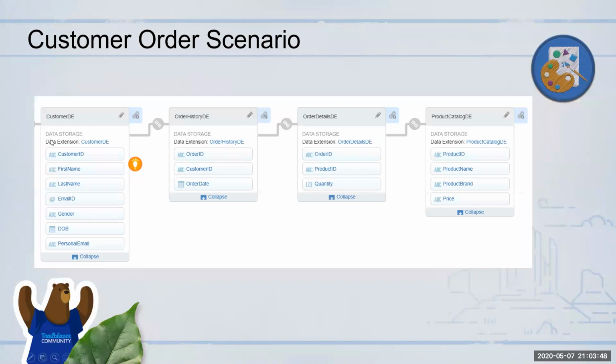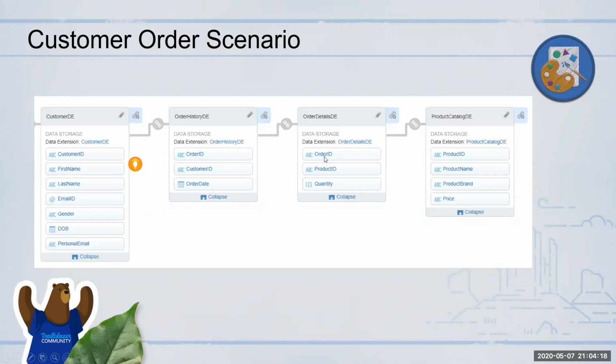I have a customer table that I want with customer information. And then I have an order history table that shows what orders were placed by a particular customer on what order date. And then I have the information about each order: for a particular order, what product IDs it will have, so I can have multiple rows here for the same order but different product IDs. That is a composite key. This is one example where I have a composite key.